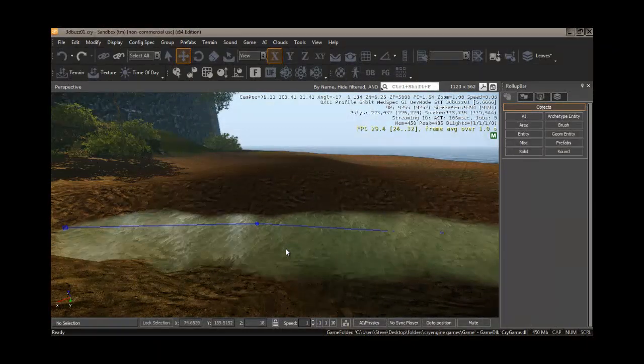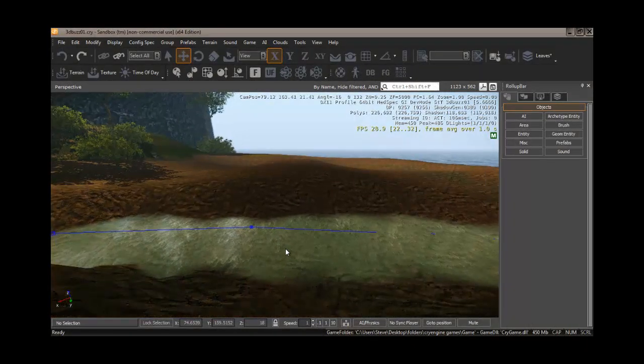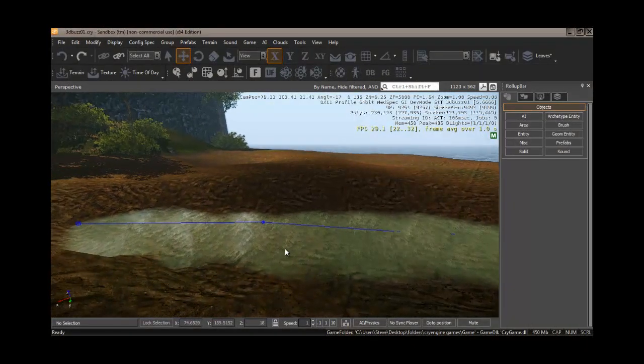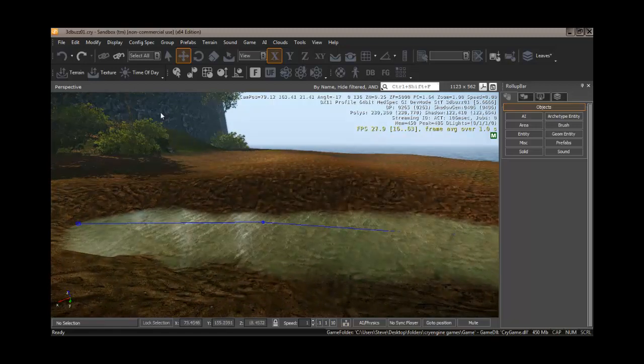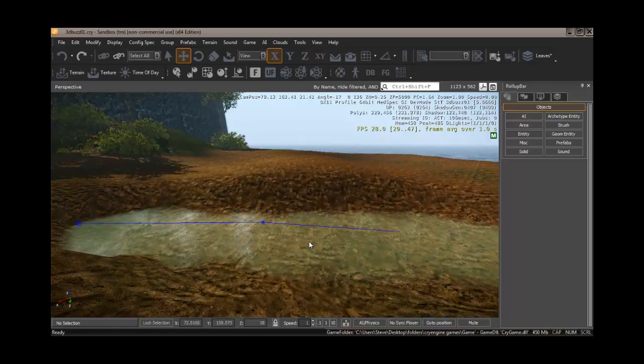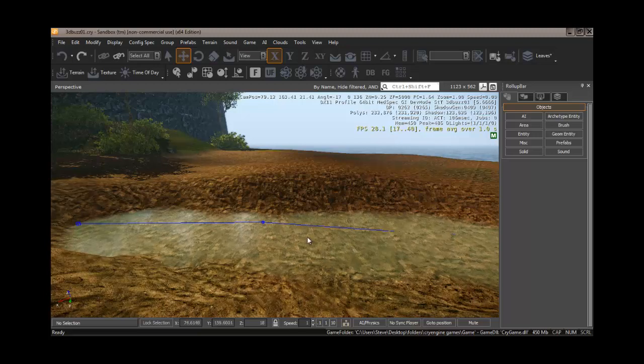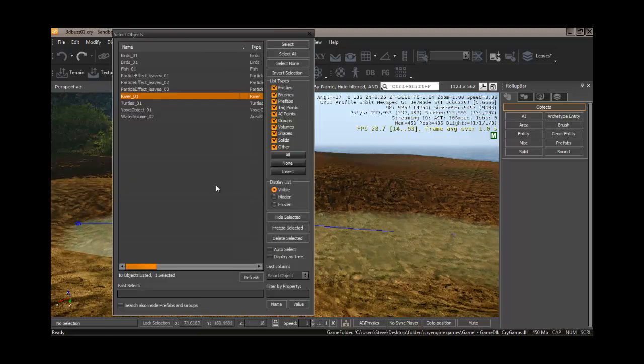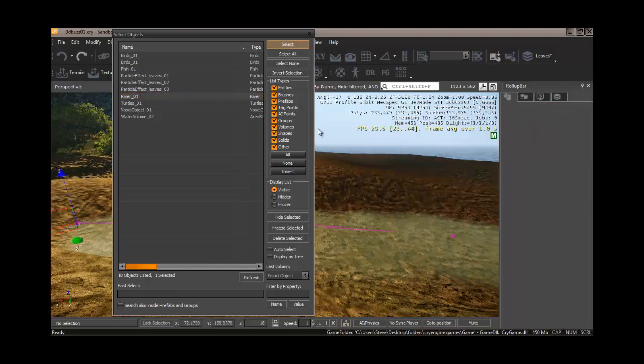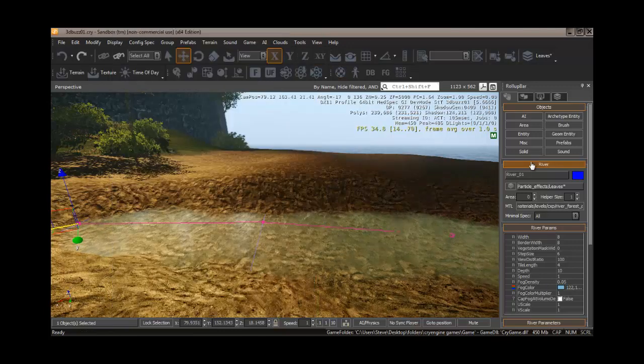Alright, it should be noted in the last section on rivers that my river was going the wrong way. So all I did was go into the material for it again, and if you've unselected something, one of the easiest ways to get it back is to hit Control T and bring up your select objects. Make sure you've got the thing you want,